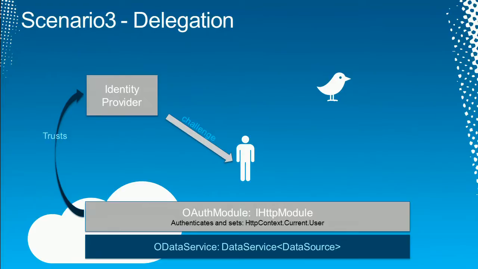The identity provider will essentially challenge the user to say, is that okay to log on? So they will authenticate, just using a username and password typically. And then they will give consent. And they're giving consent to that application to do some stuff with their account. The key piece here is that the application is not going to be running as that user. It's going to be given some claims which tell the data service it can access some of that user's data. This is kind of critical because without that, you would end up in a situation